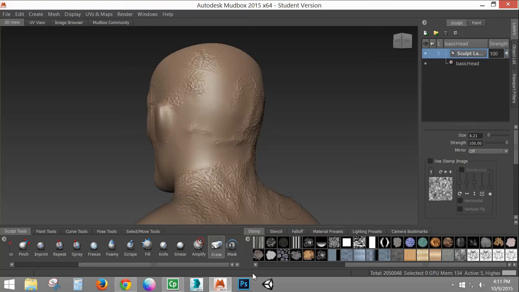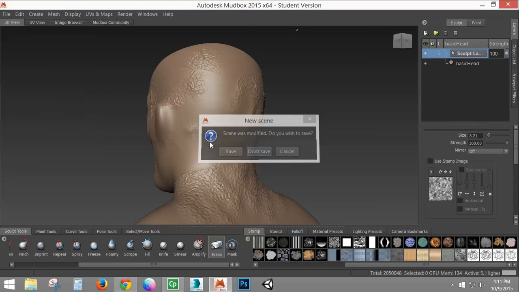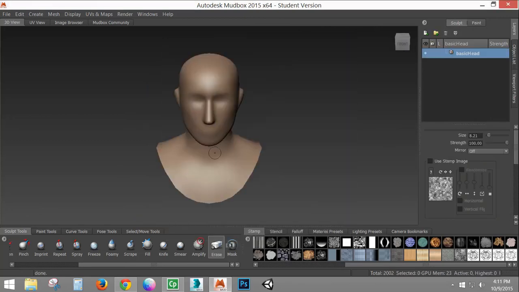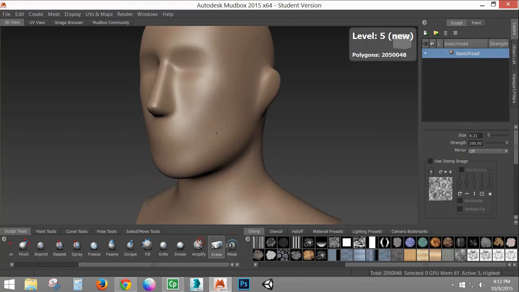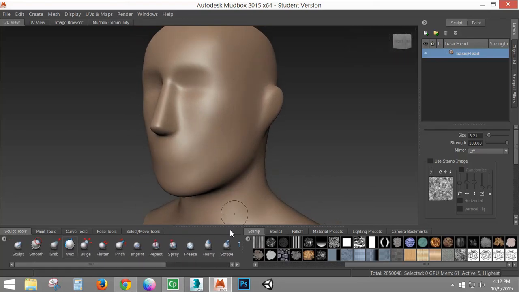Okay. So I'm going to go ahead and just open up another head, just one that's kind of cleared off here. I'm going to subdivide it a couple times. 5 times. So I want to show you some of the really nice kind of stamps that are here, just to give